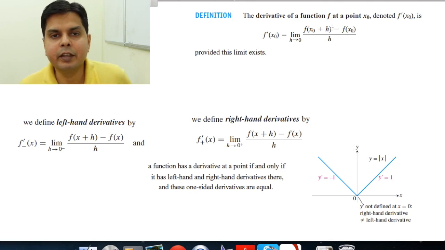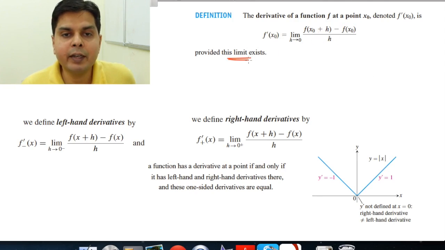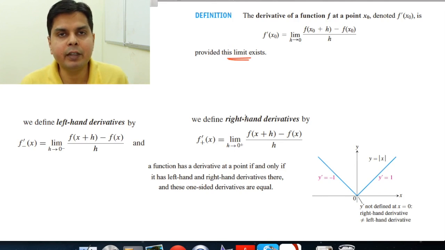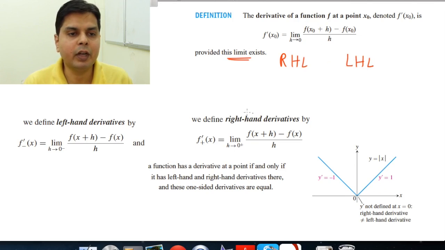Now we had seen that the derivative of a function was defined as f prime x is equal to limit of this thing, provided this limit exists. So this gives rise to the concept of left hand derivative and right hand derivative. Why? Because whenever you talk of limit of something, you talk of right hand limit and left hand limit. So when we take the right hand limit of this ratio, I will get the right hand derivative, f prime plus x. For right hand we use this plus symbol: limit h tends to 0 plus, f(x plus h) minus f(x) divided by h. So this is the right hand derivative.